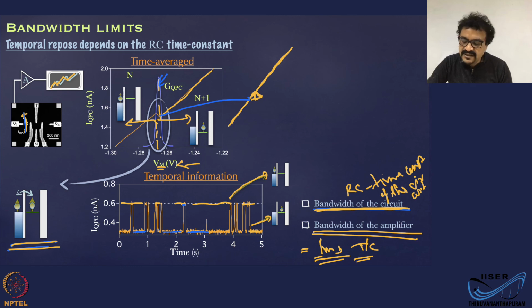So, in a nutshell, what we learned is that quantum point contacts are ultra-sensitive mesoscopic charge sensors. They can sense the motion of one electron in a solid state circuit. You can get not only the spatial information but also the temporal information. You can also get information when there is no current flowing through. It doesn't require a flow of current. All it's going to sense is the motion of the charge, or the change in the charge configuration.